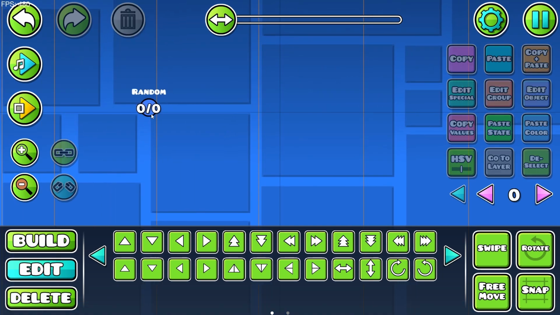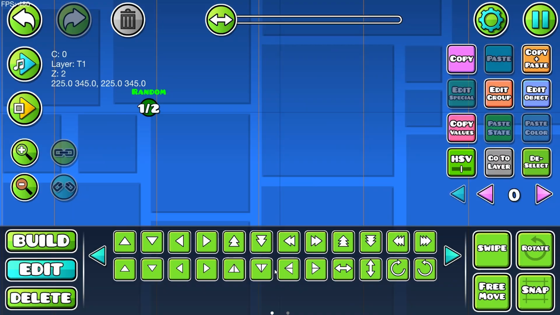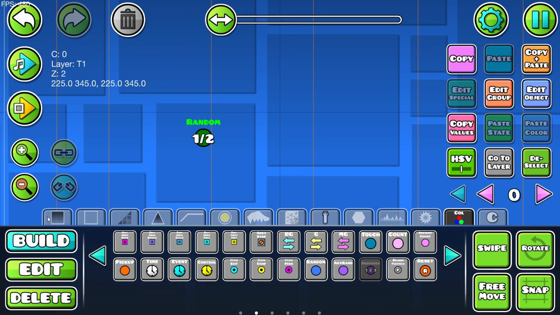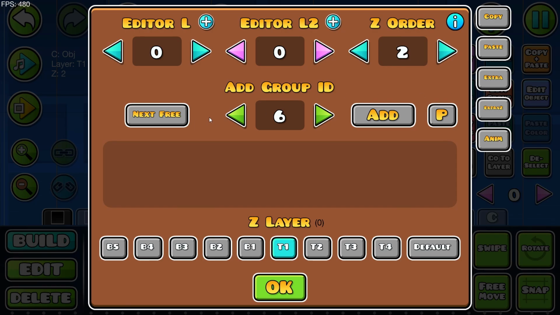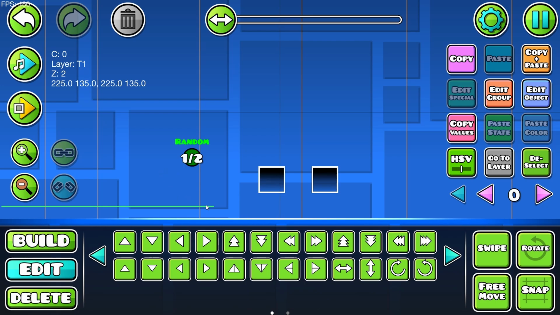Now first of all we're gonna cover the random. Now you can just select group 1 and group 2, and what this basically does, it triggers the trigger, if that makes sense. If we go like 1 and 2, it doesn't just deactivate them, because that's not its job. Its job is to trigger the trigger. For instance, so